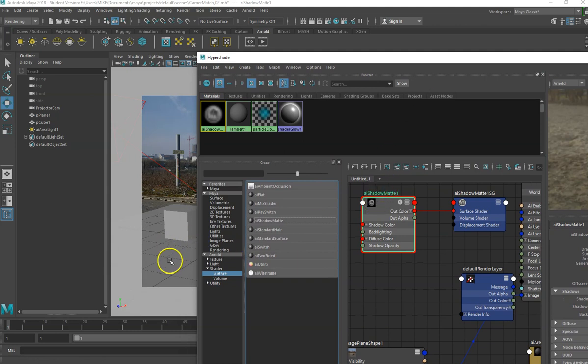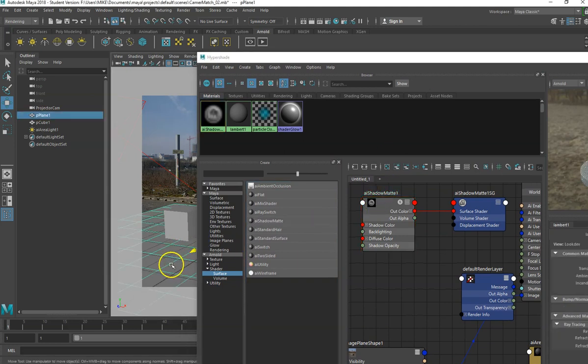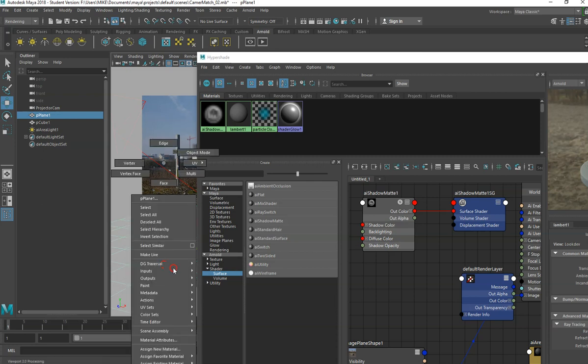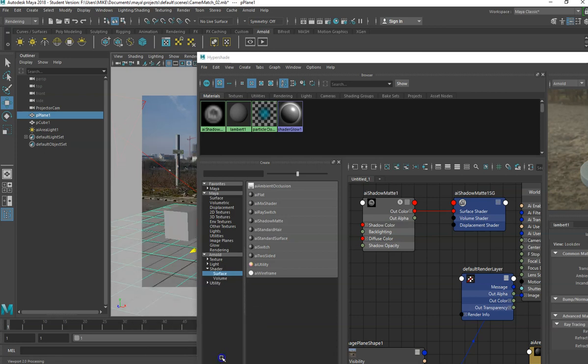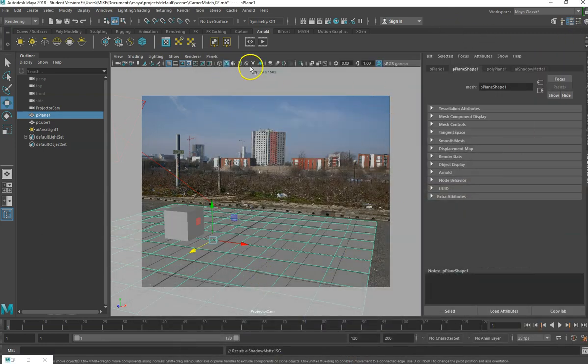So what we'll do is we'll choose that shadow. We'll choose the background, the ground plane, I should say. I'm just going to right click on it. I'm going to choose Assign Existing Material and Shadow Matte. Okay, if that has worked, when I now hit the renderer,